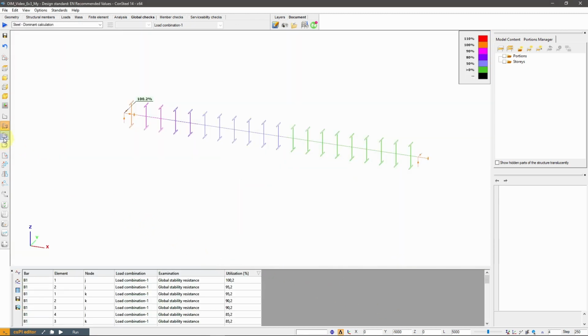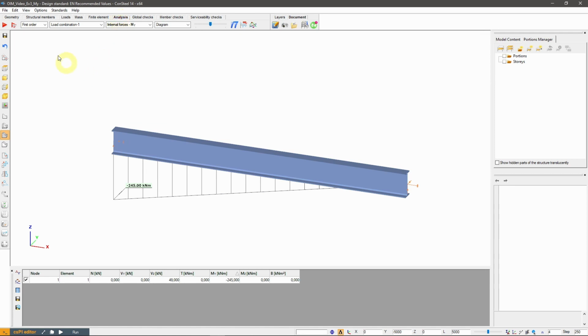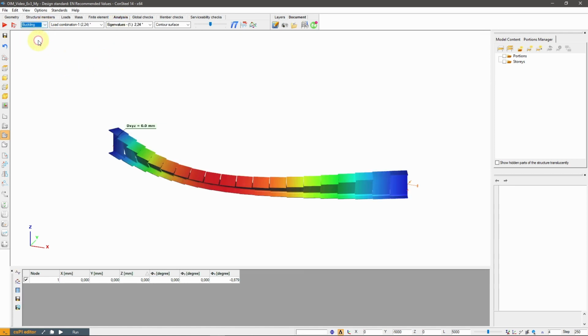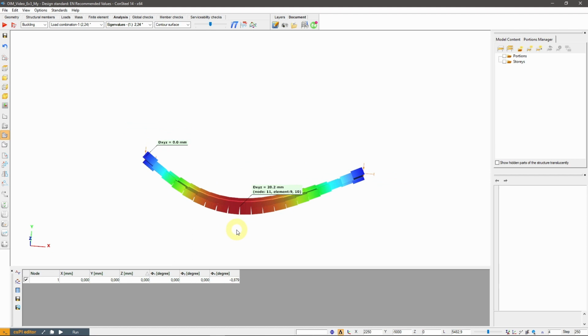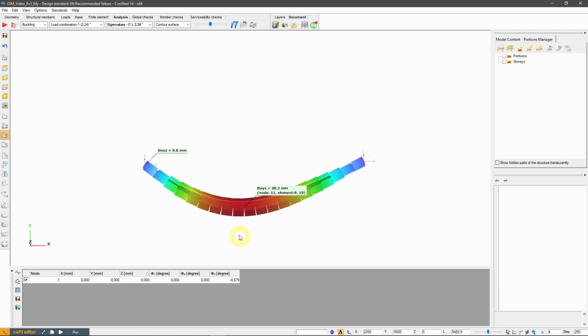The general method utilization is again 100%, and its maximum coincides with the maximum of the first order bending moment. Let's apply the imperfection.